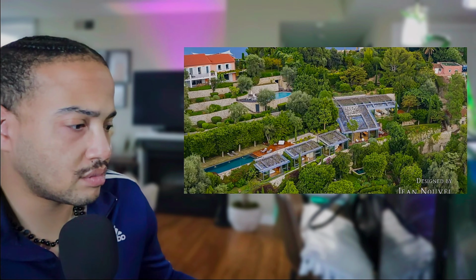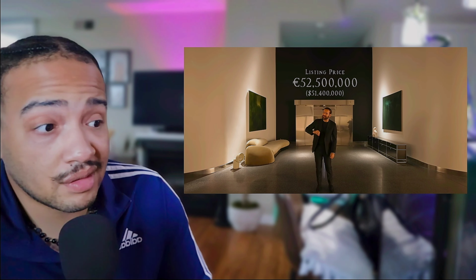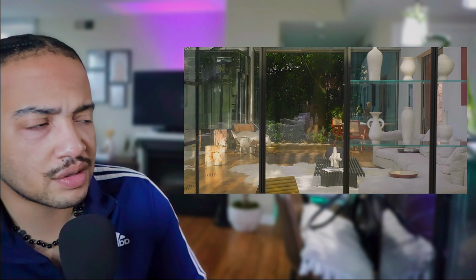for 52.5 million euros. The design of this property is actually unique, and that's why on this tour I'll go into extensive detail. Oh, and the euro is less than the dollar right now. Let's go,